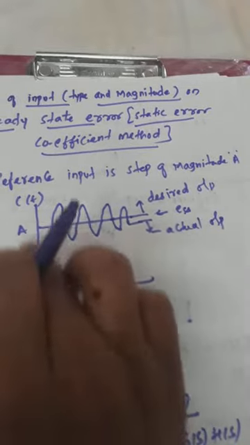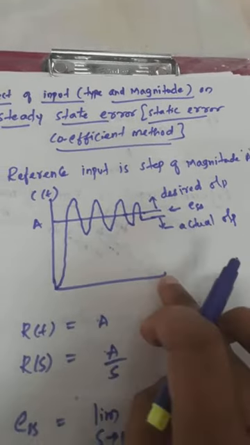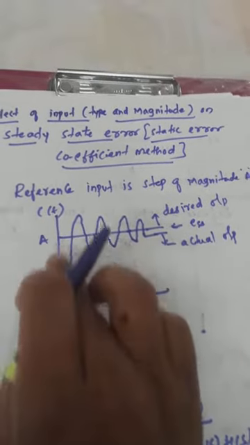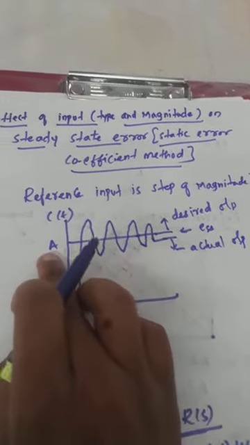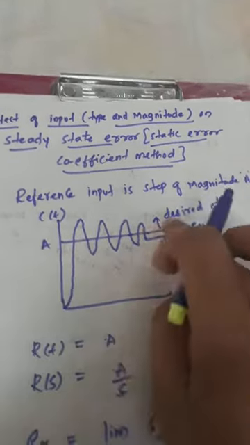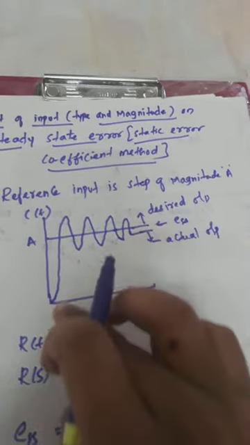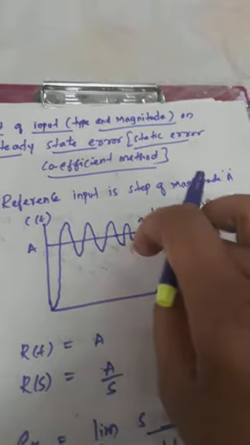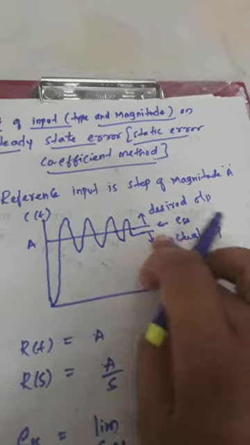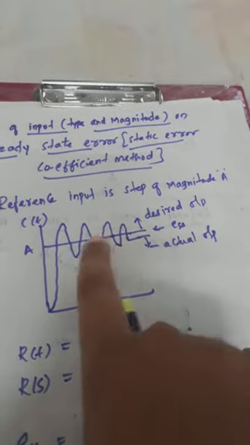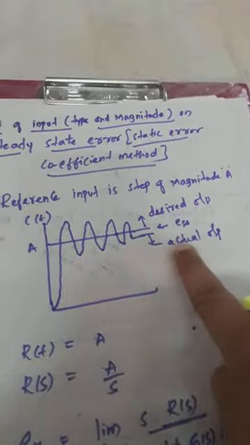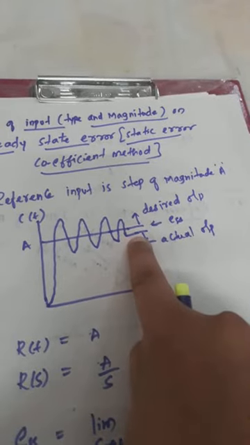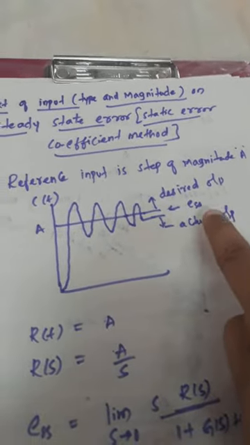Reference input is step of magnitude A. So here I have considered a step function, which is represented graphically like this, having a magnitude of A. This is the desired output, and I have considered the actual output in the form of oscillatory waveform. This oscillatory waveform is indicating the actual output. The difference between the desired output and the actual output is defined as the steady state error, that is E subscript